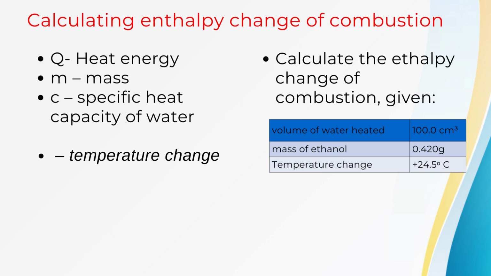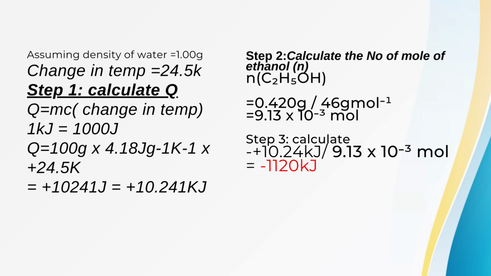Now Q represents the heat energy, m is mass, c is the specific heat capacity of water, and ΔT is the temperature change. In our case, we've been given the following information. The volume of water is 100 cubic centimeters, the mass of ethanol is 0.42 grams, and the temperature change is 24.5 degrees Celsius. So using the formula Q = mcΔT,